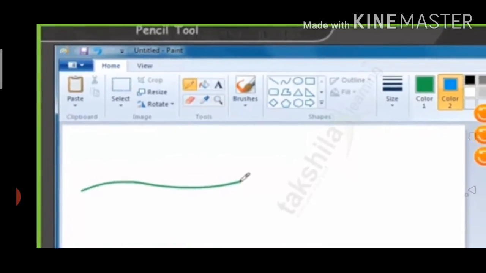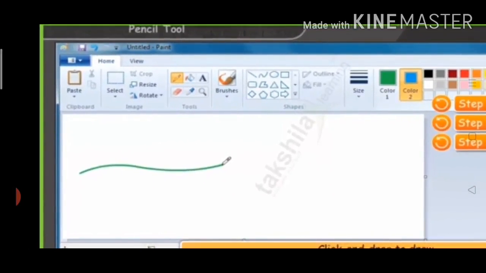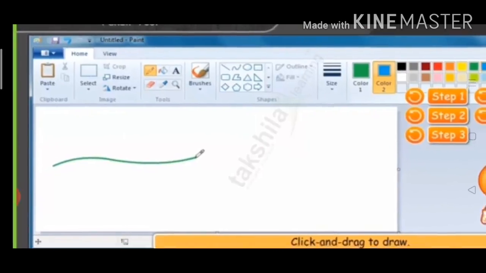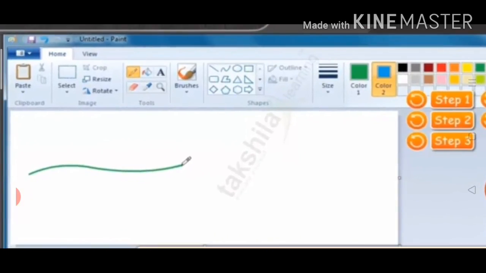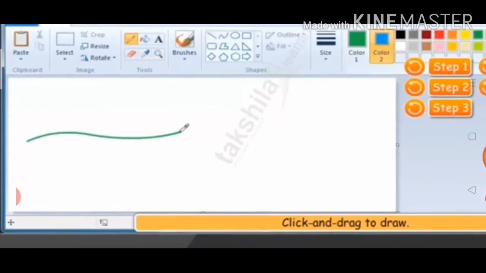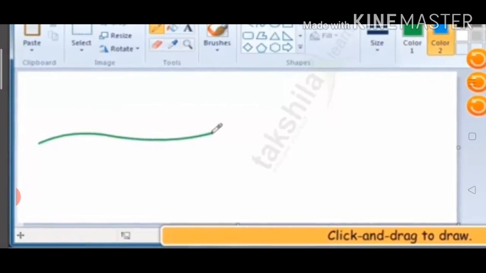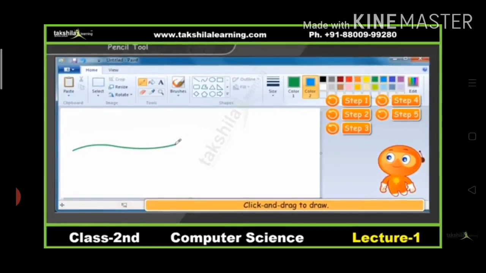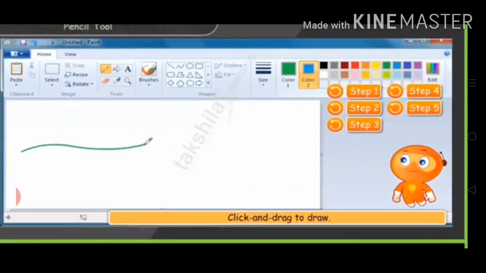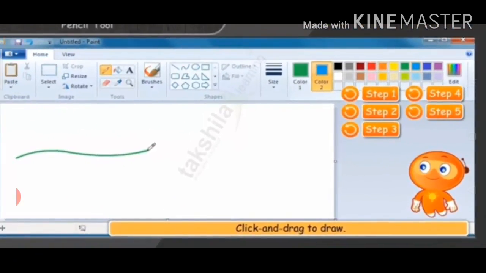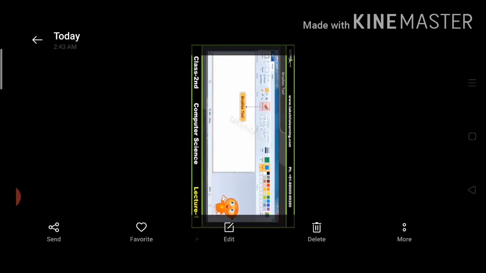After selecting the pencil tool, you have to choose the color, and after selecting the color, you can click the mouse and drag your mouse anywhere so that your curve or your line will be made. Understood? You have to click the left mouse button and drag, and after releasing you will get the proper line.